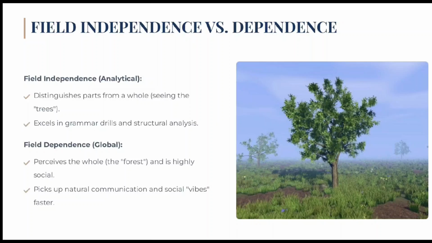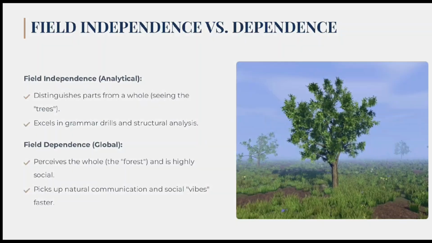They thrive in role plays because they focus on making the interaction successful rather than just being grammatically perfect. For example, in a group role play, the field dependent learner picks up on the vibe of the conversation. They might miss a grammar rule, but they successfully navigate the social interaction and make the customer feel welcome in a restaurant simulation. While field independence and field dependence are about perception, our next slide looks at how our brains